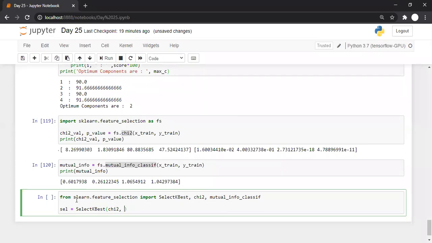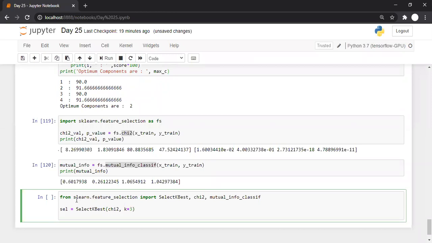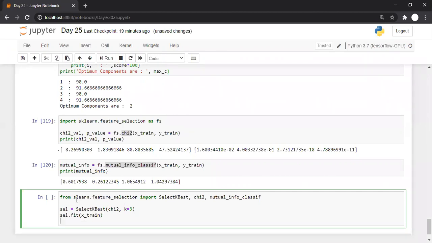I want to use the chi-square criteria for selecting k = 3 features. Now we have created the selector. Now let us fit the selector with sel.fit. The remaining process is the same: I want to fit it on x_train.